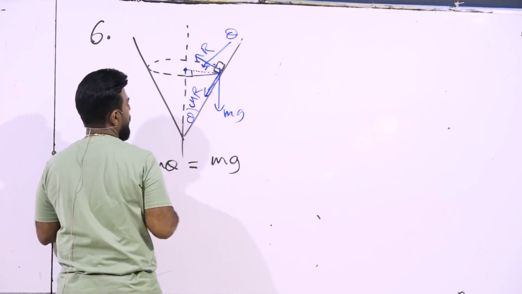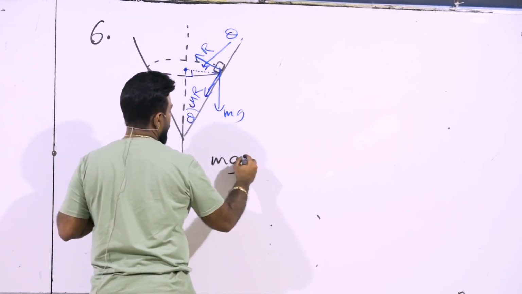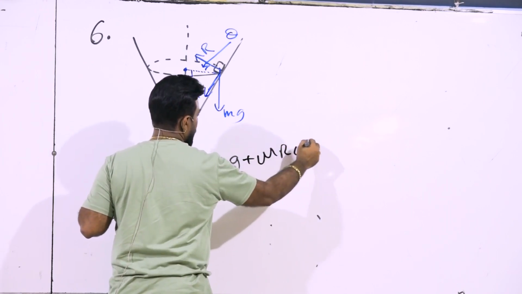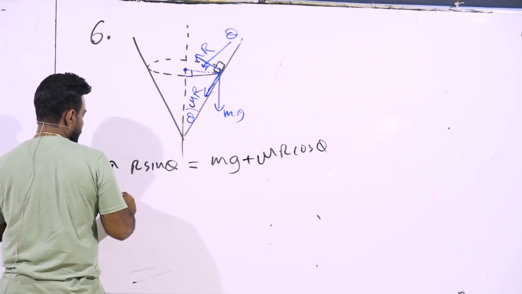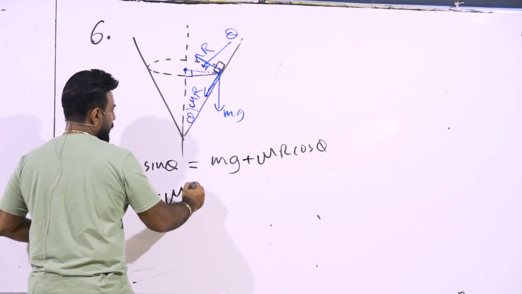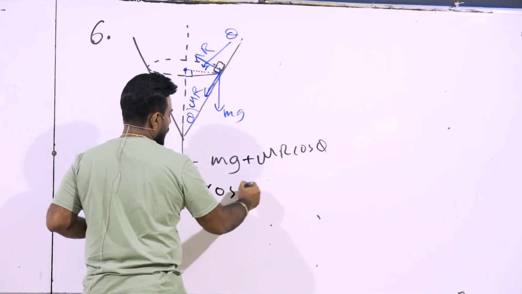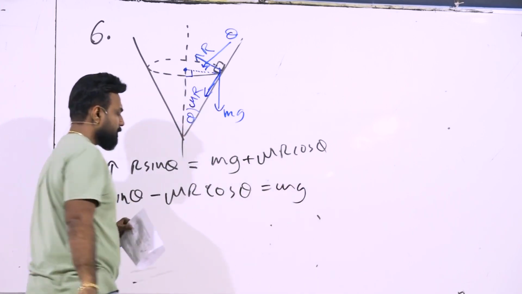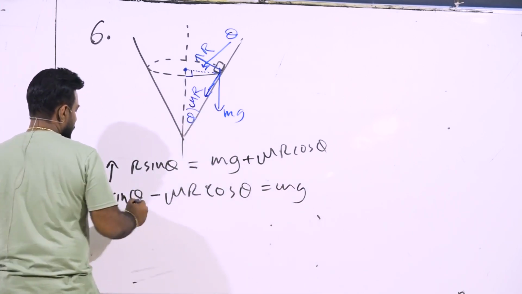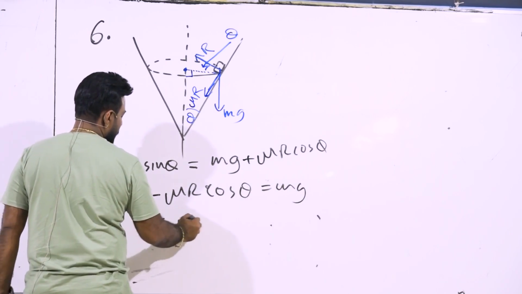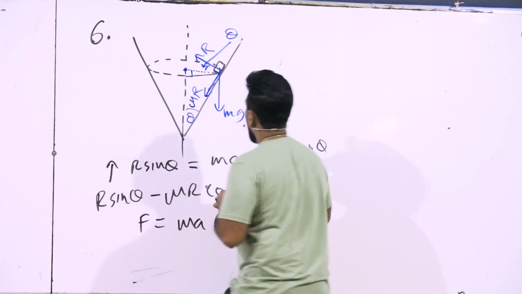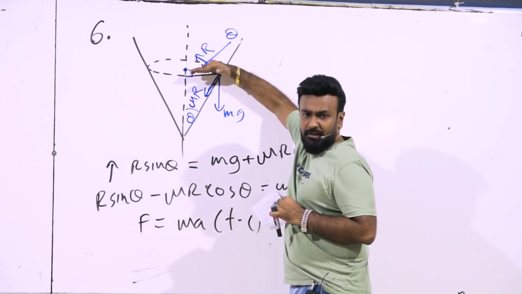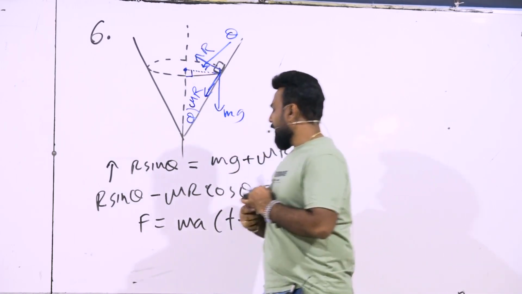This theta, this is also theta. Right? mg plus mu R cos theta. I can take that to the left side. R sin theta minus mu R cos theta equal mg. Then I can apply F equal ma towards center. What is the force towards center? R cos theta. R cos theta equal